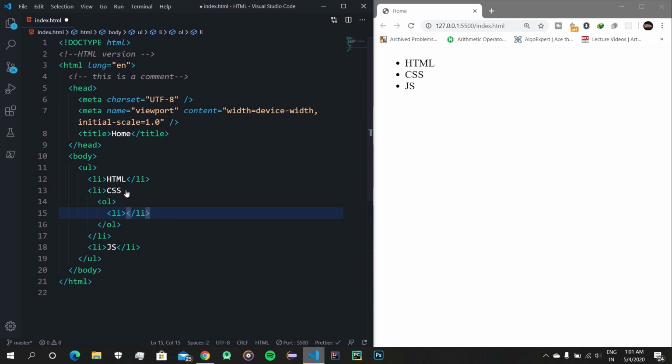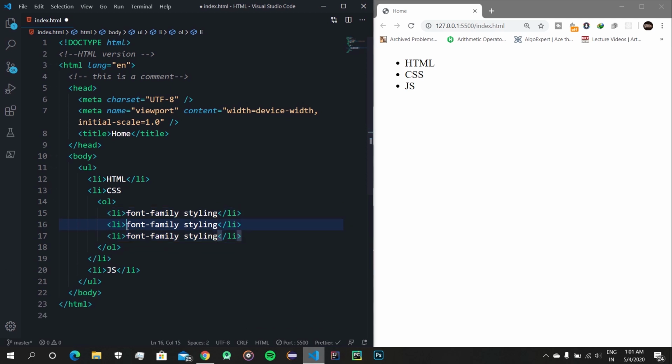Let's do basic elements that we use in CSS to style your HTML. Let's do font family, styling. Let's do background color, and let's do paddings and margins.